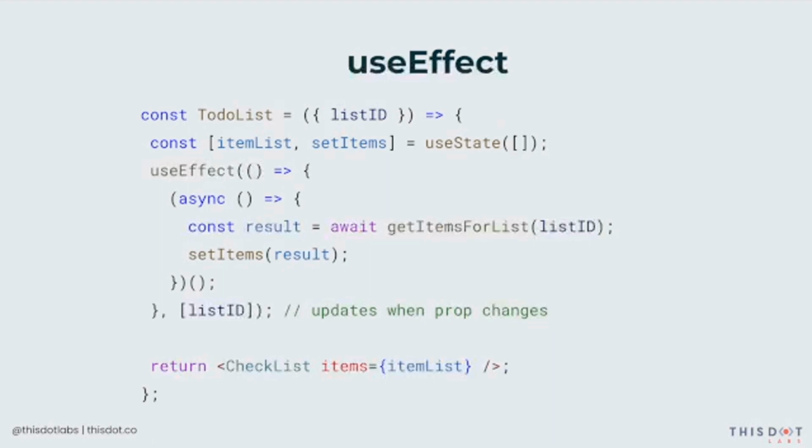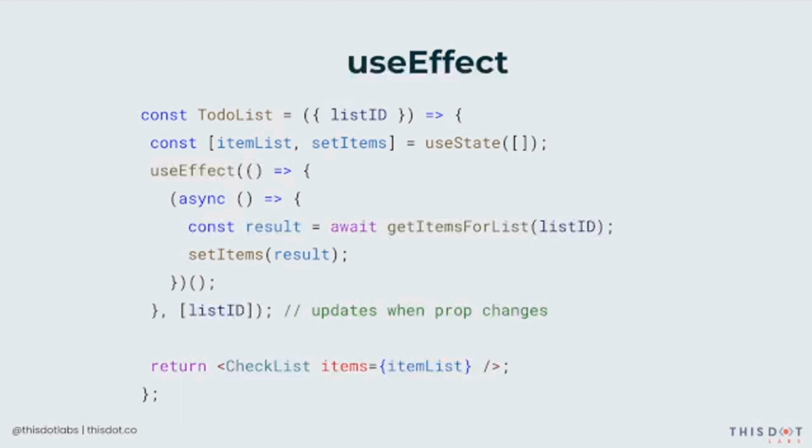We have a to-do list component here, and this time it takes a prop, the list ID. And we have a useState again. This time we instantiate it with an empty array, and we're going to fill it up with more list items later on. Now we can go into our useEffect. We can skip the initial syntax right now for the two functions, and go to the result, which